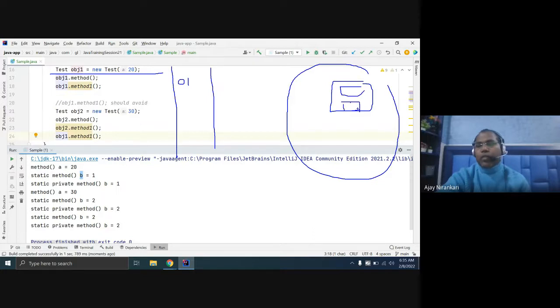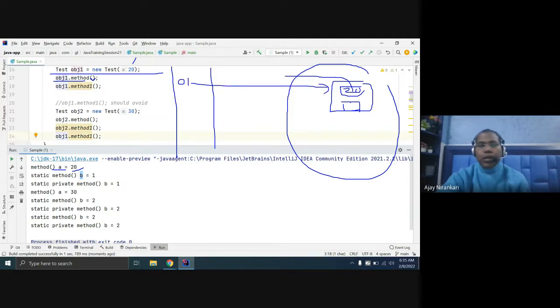Here you are setting a equal to 20, so 20 is set. Object one dot method returns the a value, which contains 20, and this 20 is printed. No problem here.